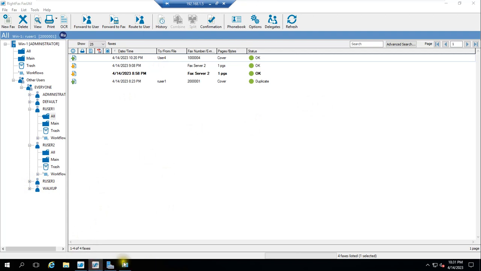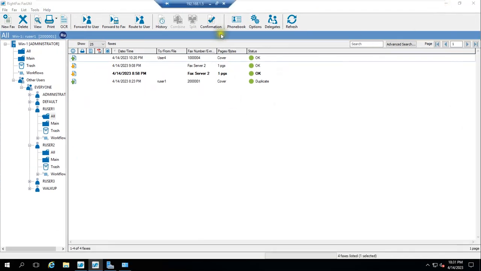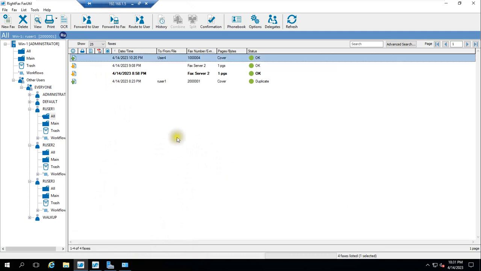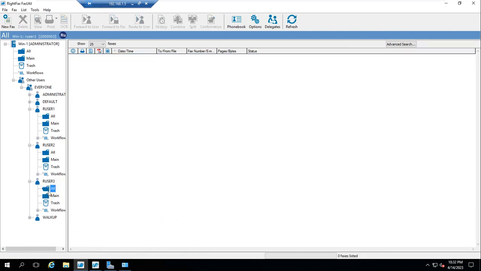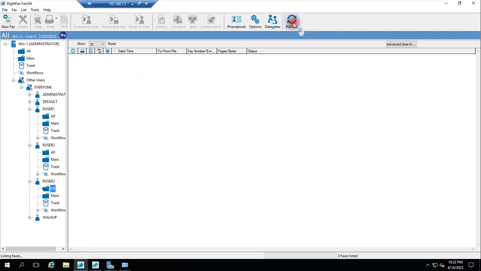Everything got hanged on this server. Okay, it came down. Cool. So as of now we don't have any fax on user 3. Okay, and no fax on administrator also. So we have to refresh it, and this side also. And first of all we have to check at